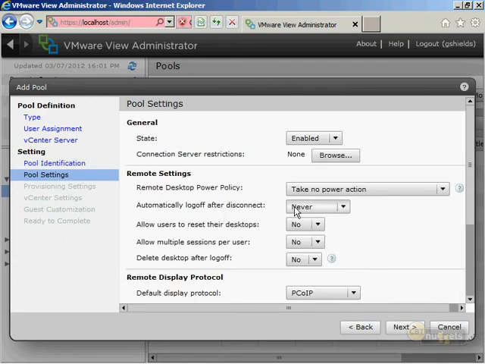For the pool settings, these now have slightly different meaning. In the manual world, if I was tagging one VM to one user and they were always mapped to that VM, I could make different decisions here. Maybe in that case, it's okay for the user to reset their desktop because it's their desktop. Well, in a pooled situation, if a user resets their desktop, the VM's going to go away and when they reconnect, they'll probably come to some other VM, especially in floating. So you have to pay really careful attention to